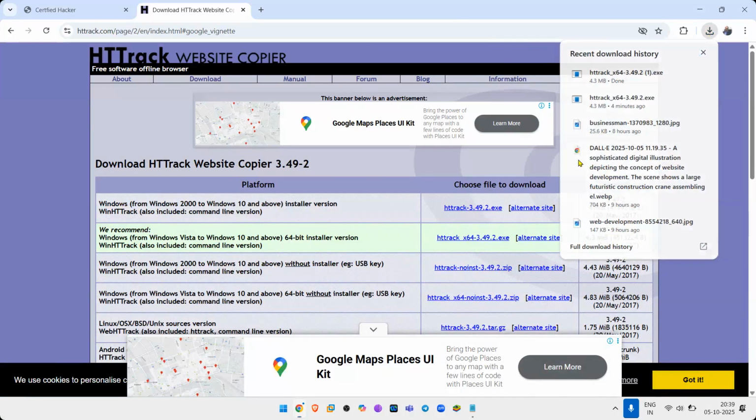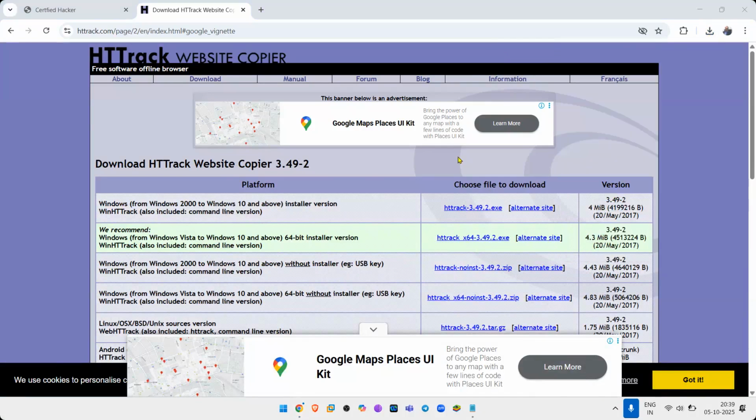Yes, no, just give me a 1. Okay, done. Karthikeyan is done. Kirti done. Others done. First, we need to download. Yes, this one, Shipra. This icon that you see. Can you see my screen? This one, Windows Vista to Windows 10 and above. This one needs to be downloaded. So just select that option.